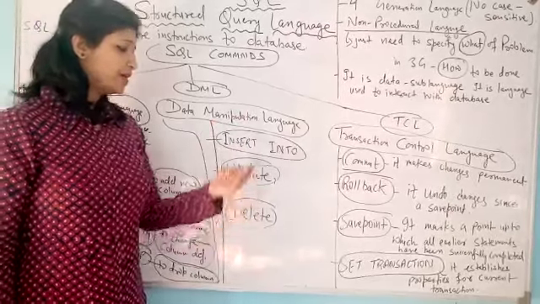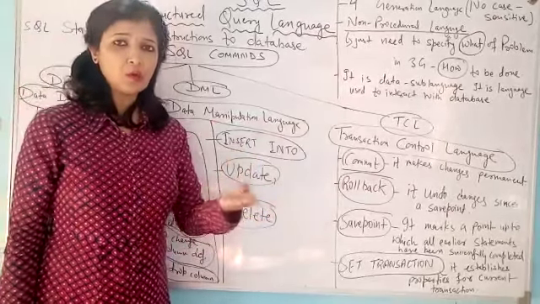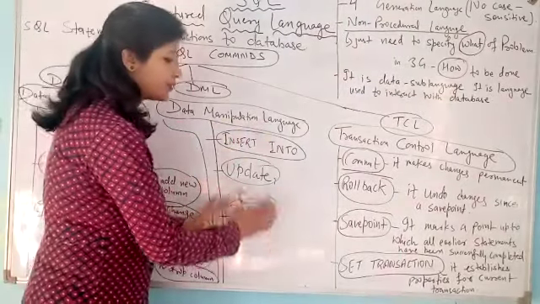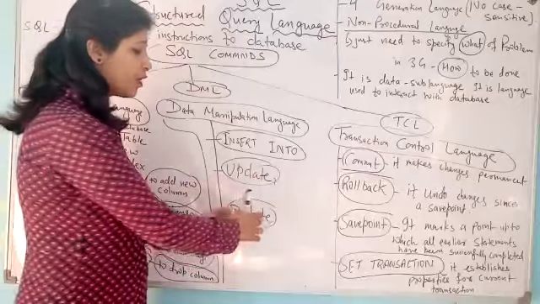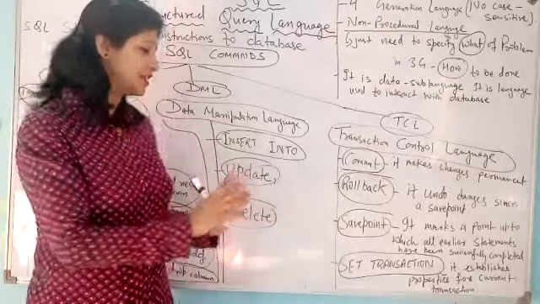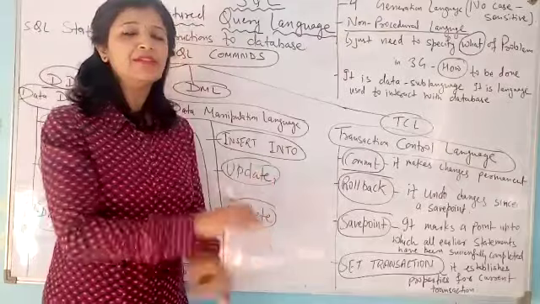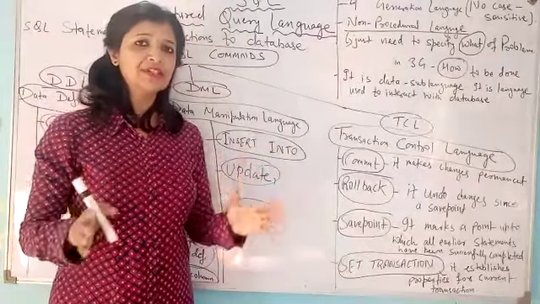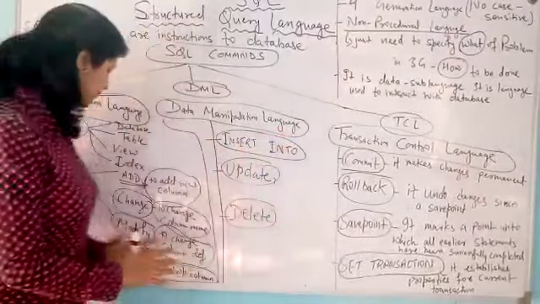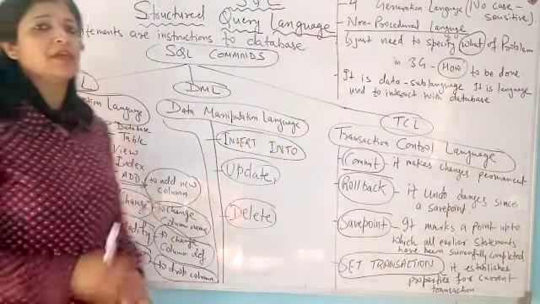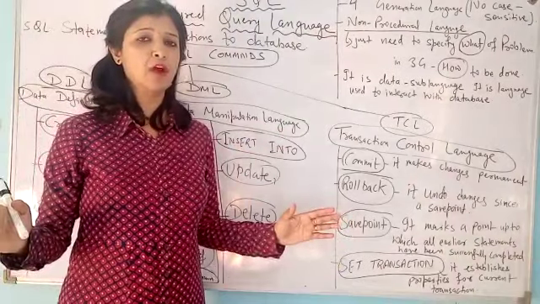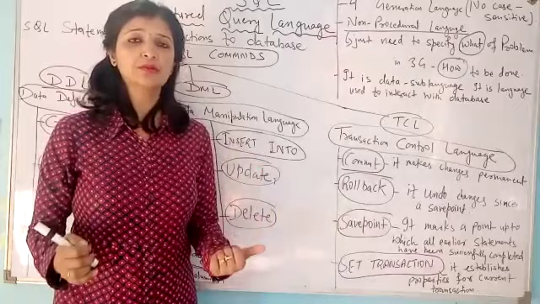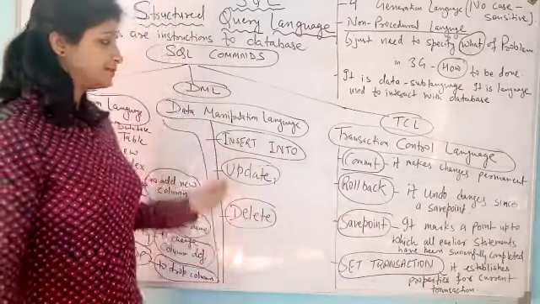Through the delete command, we can delete a row. Now, what is the difference between drop and delete? When we are going to delete rows and we do not specify any condition and just write delete and the table name, then it will delete all the rows of a table, but the definition of the table remains there. But if we are going to drop the table, then it will drop the definition of the table also, so we are not able to use that table again.